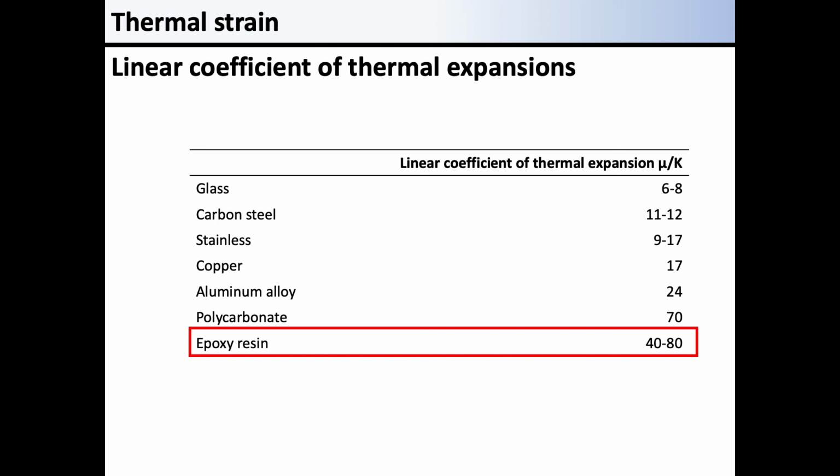This phenomenon is called thermosetting. Then, such resins that are irreversibly hardened are called thermosetting resins. Many of the resins that compose these composite materials, which are used in airplanes, for example, are also epoxy resins. The linear coefficients of thermal expansion are roughly 40 to 80 for epoxy resins. They vary in this range, but keep in mind that the linear coefficients of thermal expansion for resins can be in dozens.